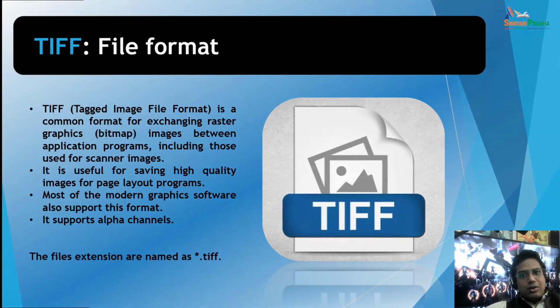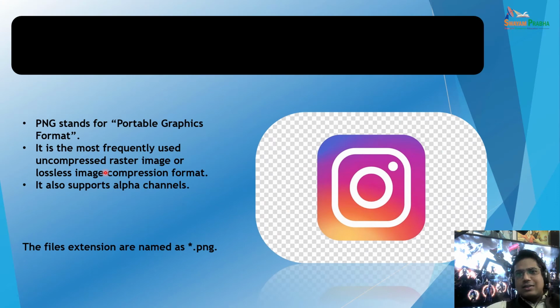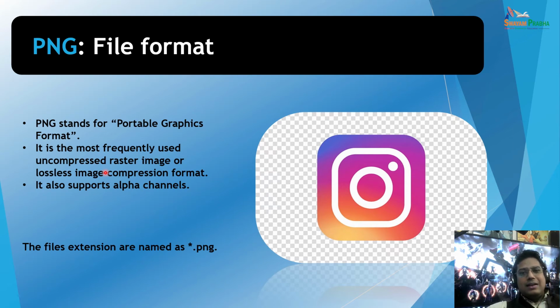Now moving on to the next. Now here you can check out this is the PNG, right? Again it's a little similar to TIFF, but PNG also gives you the facility to save the alpha channel information. That means background transparency information. So especially we can use the PNG or TIFF file format when you are saving a logo, right? Definitely you are going to use the logo on different kinds of background layouts.